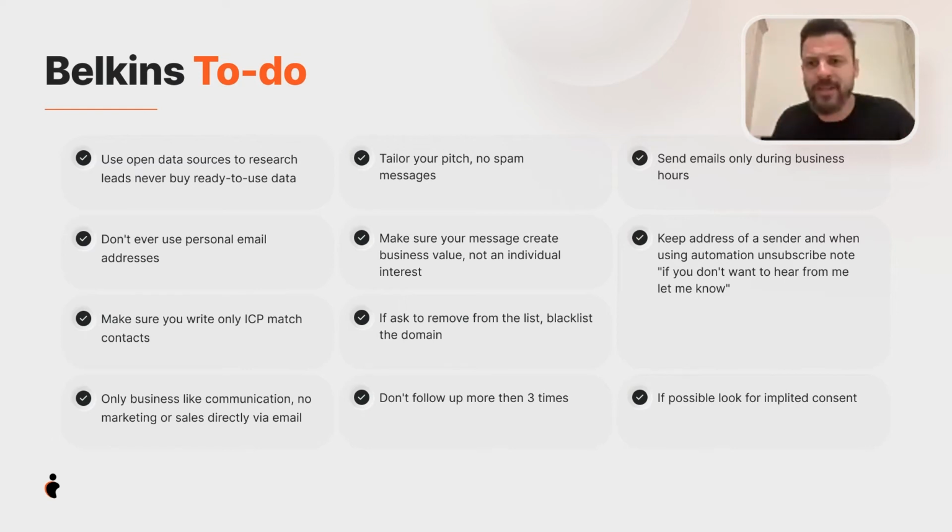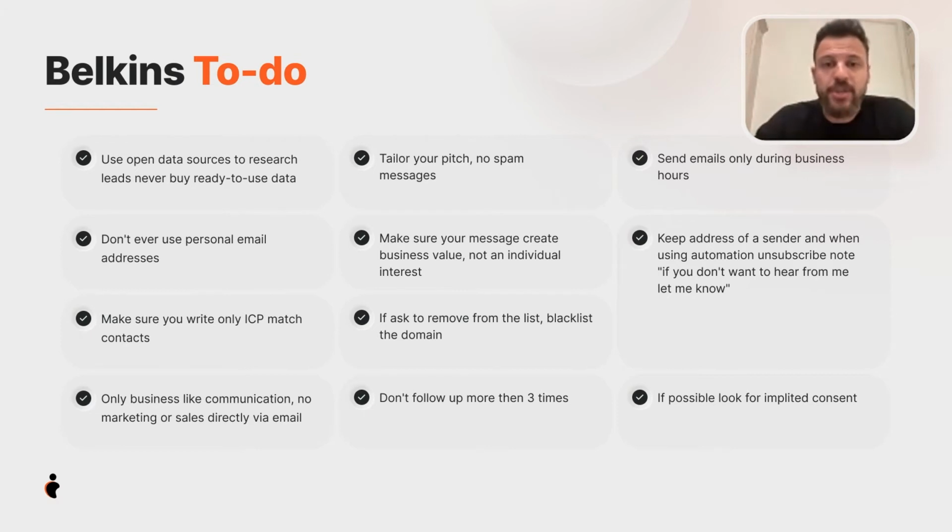External links also trigger the spam filter, et cetera. So there are a lot of things there, but by using software like Folderly, or generally by working closely on understanding your messaging and your pitch, tailoring it and making it as original as you can, you will get much better with regard to your compliance with those laws, okay?